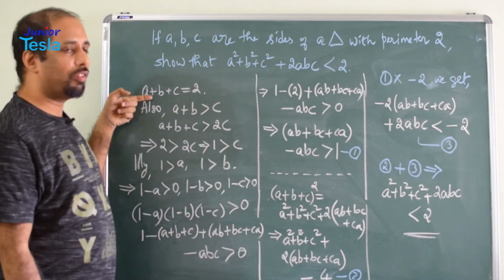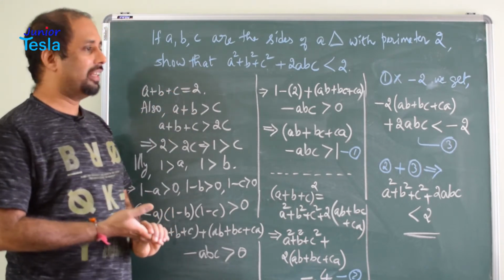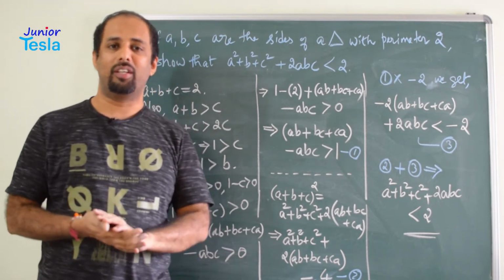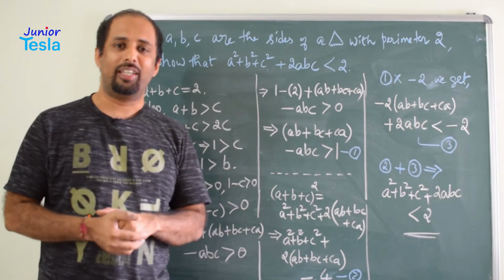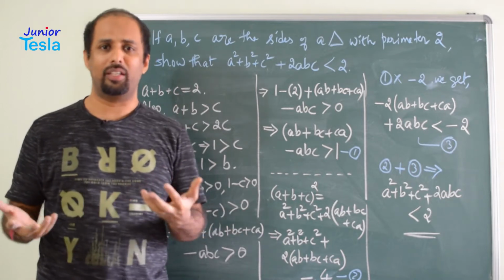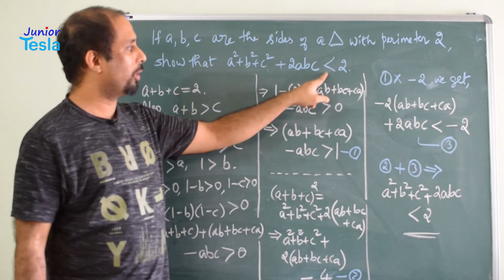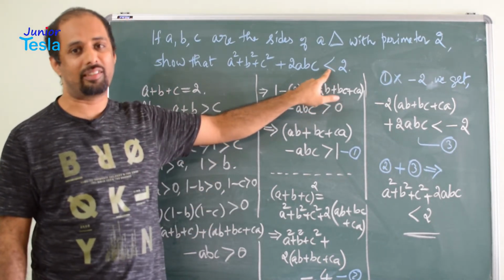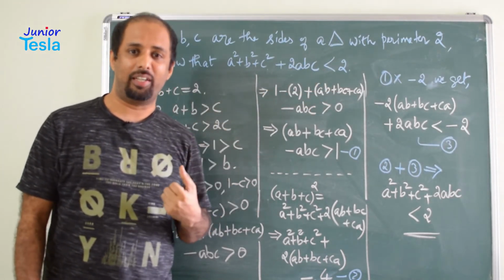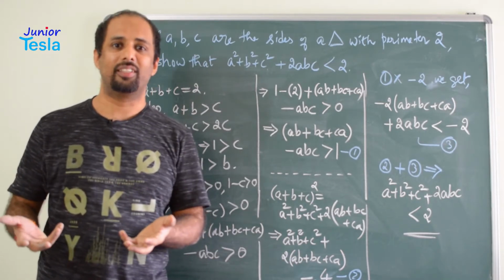We are starting with the given information a plus b plus c equal to 2. Then we can think of the triangular inequality. Why? Because most inequality problems in Olympiad are either greater than or equal to, or less than or equal to. Even the AM-GM inequality and the RMS-AM inequality talk about less than or equal to, greater than or equal to. But here in this problem, we have a strictly less than 2 symbol. So this kind of inequality comes only in the triangular inequality: the sum of two sides is strictly greater than the third side, or the difference of two sides is strictly less than the third side, right?